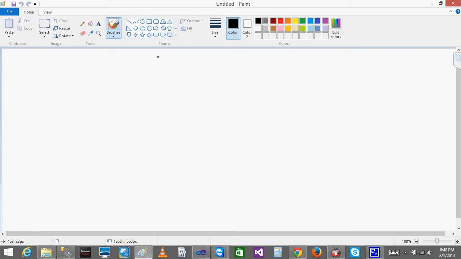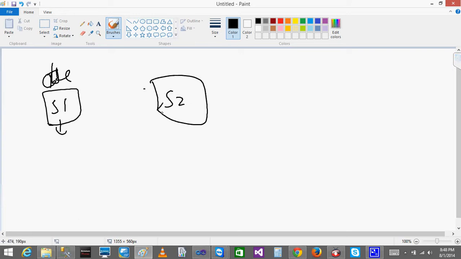Now let's see the basic things. Let's say I am getting data from server 1 and from server 2. In my scenario, server 1 has a table EMP, and server 2 has a table something like EMP address.